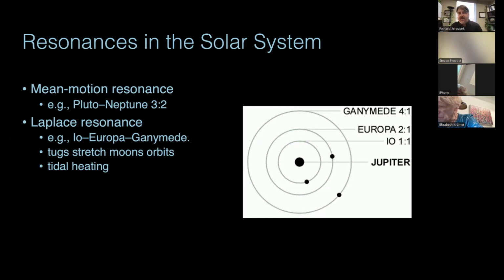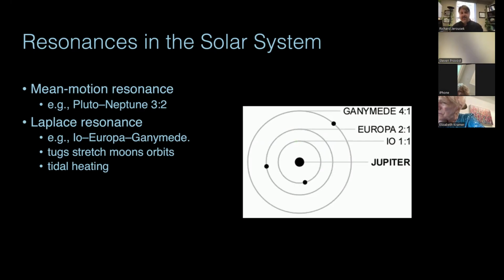And what we see here is that in this, what's called a Laplace resonance, Europa goes around 1/2 of an orbit, and Ganymede goes around 1/4 of an orbit. So these are locked into a resonance. What that means is they tend to line up